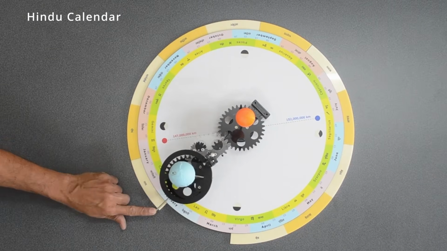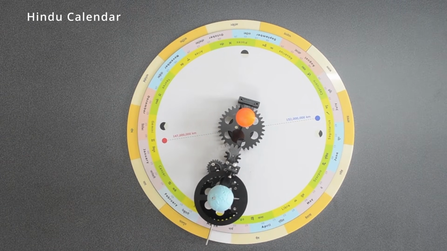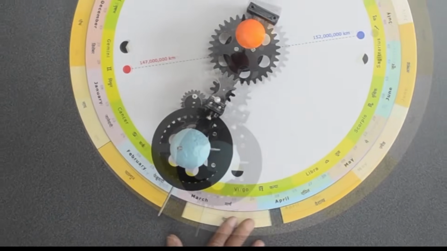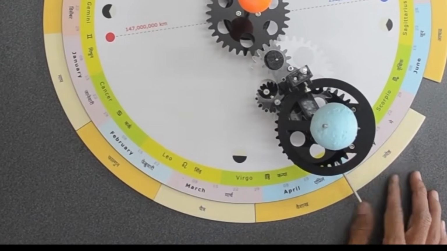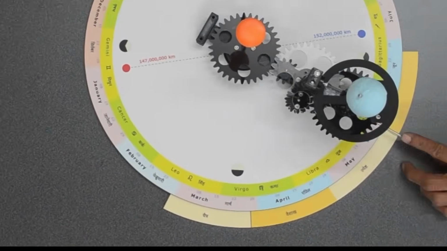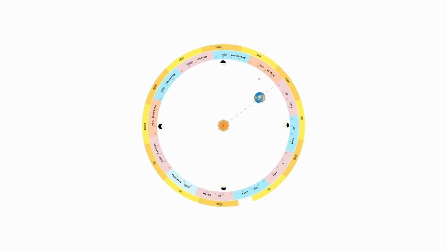Lunar year is 254 or 255 days approximately. This white strip represents 11 days, the difference between Gregorian year and lunar year. Next year, first month of Chaitra starts 11 days earlier with respect to the Gregorian calendar. Here is the animation to show the shifting of lunar months against Gregorian months.